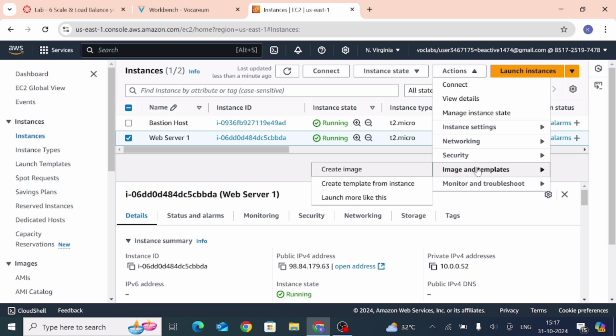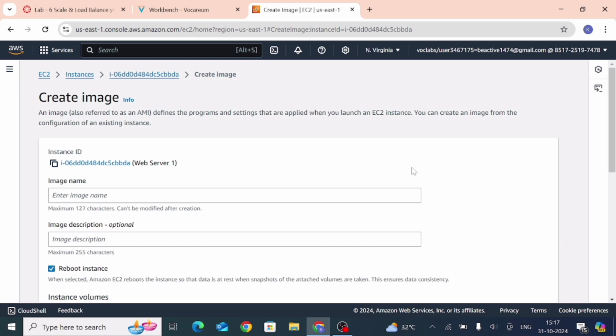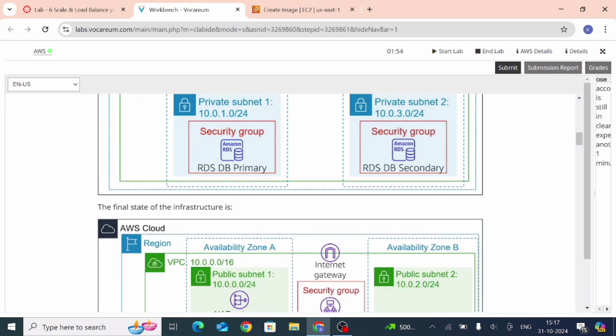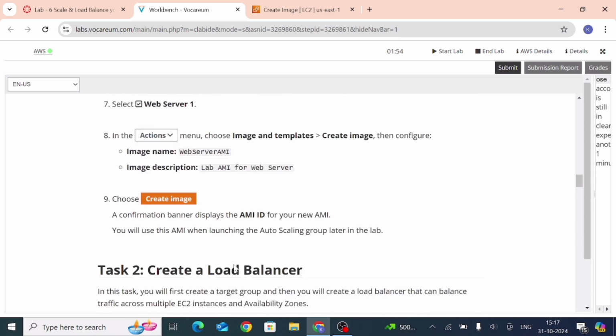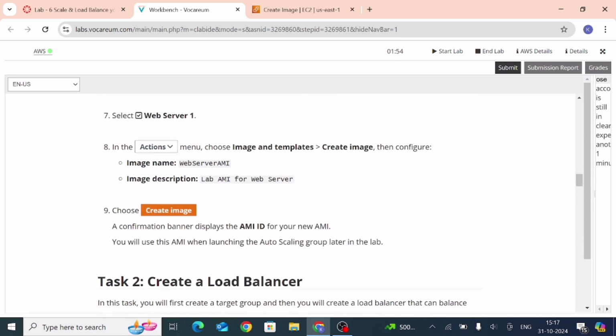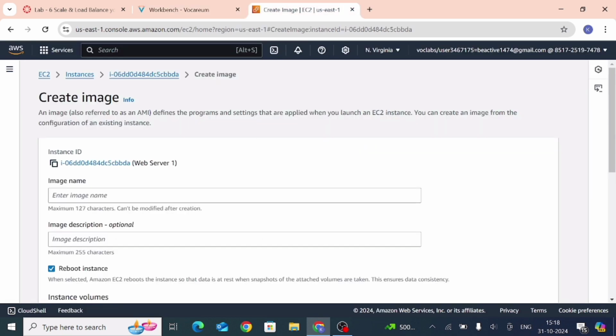Now from this, create image, this first one, click on it. Now for the image name, go back to the workbench, task number 1 here. Just copy the image name, go back and paste here.